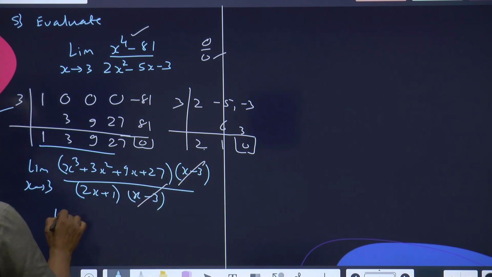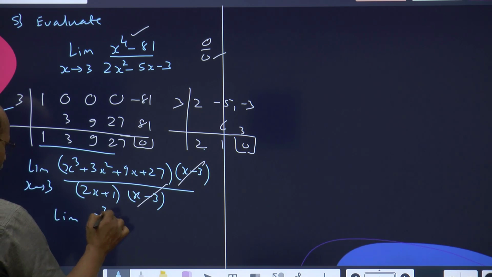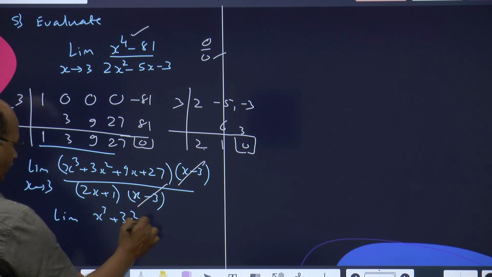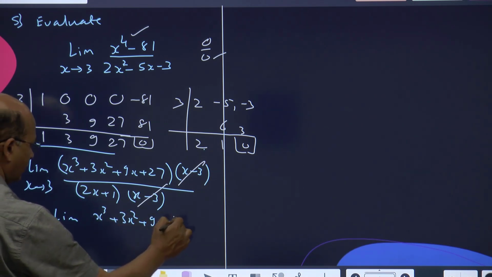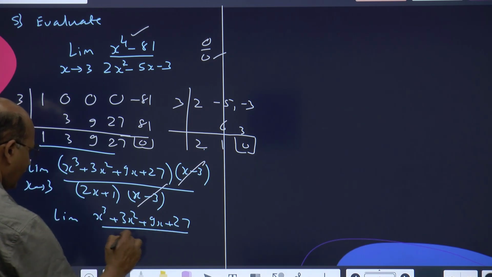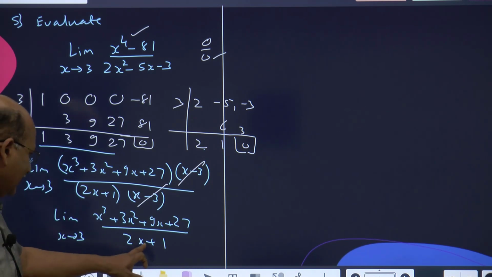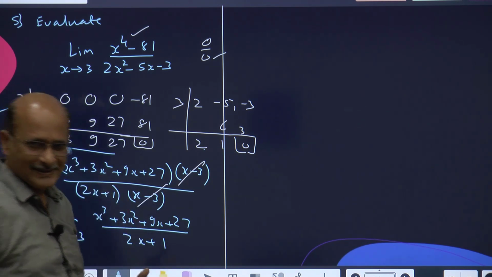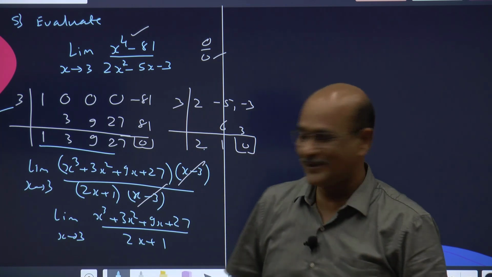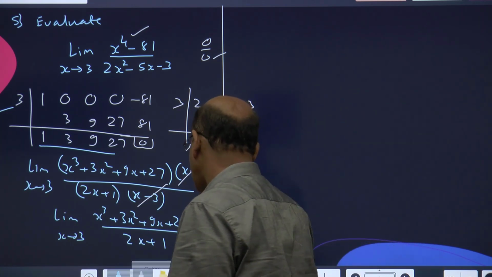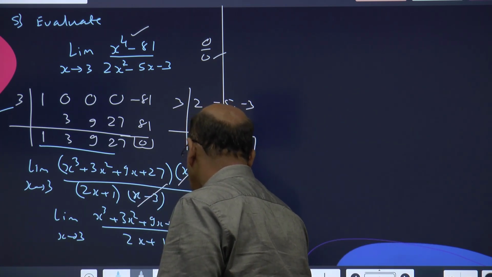So this will become limit of x cube plus 3x square plus 9x plus 27 divided by 2x plus 1 as x approaches 3. So 2 3s are 6, 6 plus 1 will become 7. So that means it's not becoming 0. So I can quickly say, taking limits,